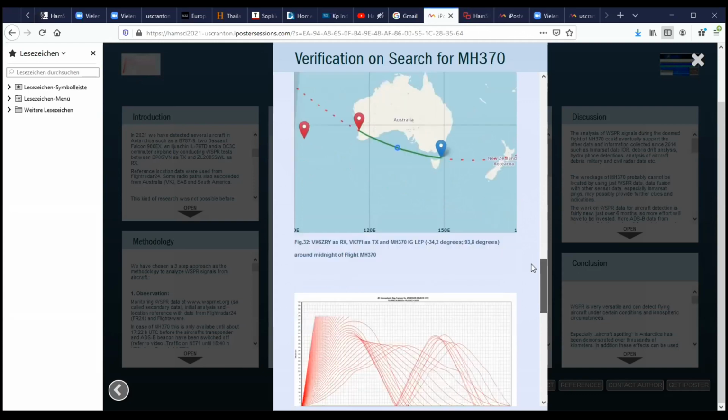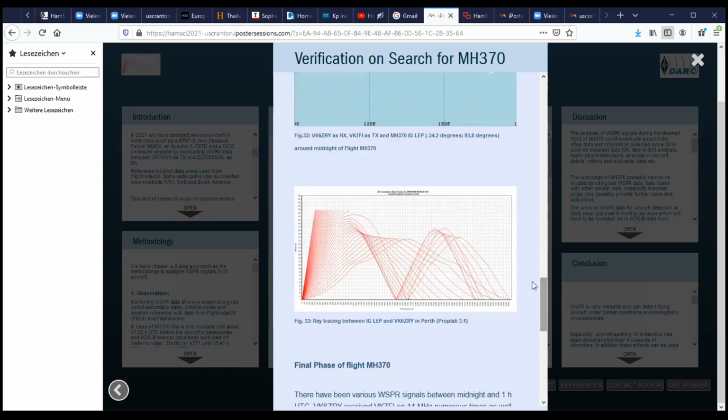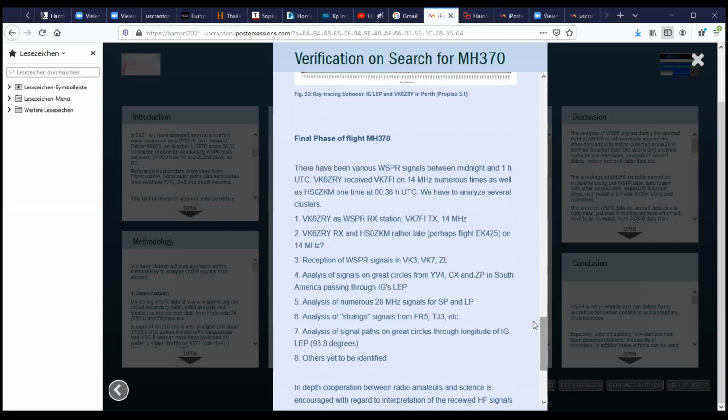So it's most interesting if there had been reflections by the ionosphere or not. With Propagation 3.1, we did some calculation if it's possible that with ray tracing we could reach that airplane, and it is. So the final phase of MH370 I address at several clusters, such as in the vicinity, like